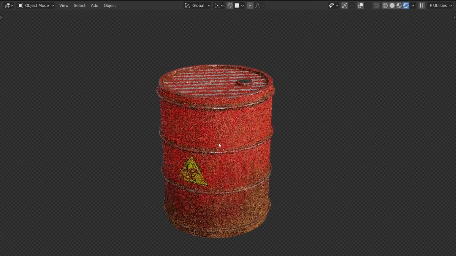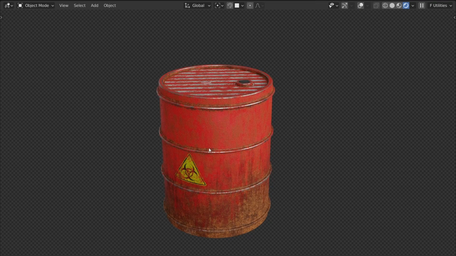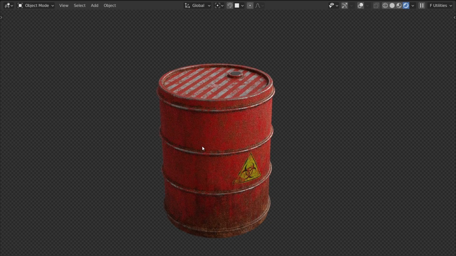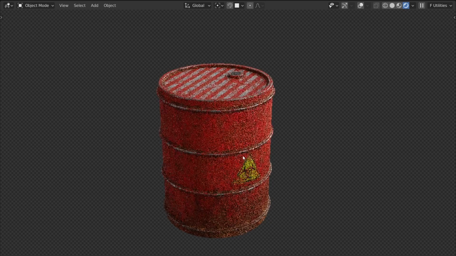Tutorial. I mean a masterclass to texture together, step by step, this barrel. The result is 100% procedural, no image has been used, and yes, even the decals are procedural. If you think, "What the fuck, I want to know how to do that," well, you can follow me and